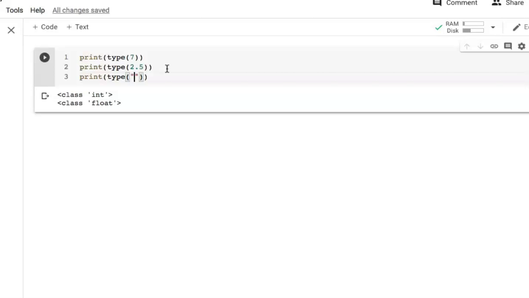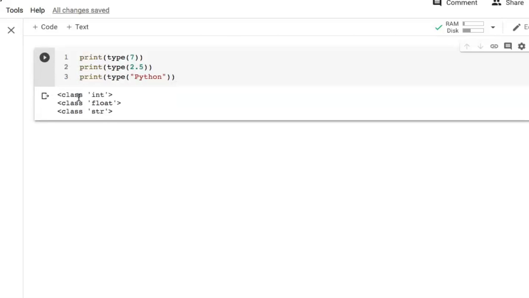For example, that sequence of characters is Python. When we run it, we get the output str, which stands for string, meaning the sequence of characters Python. The data type of this data is string.